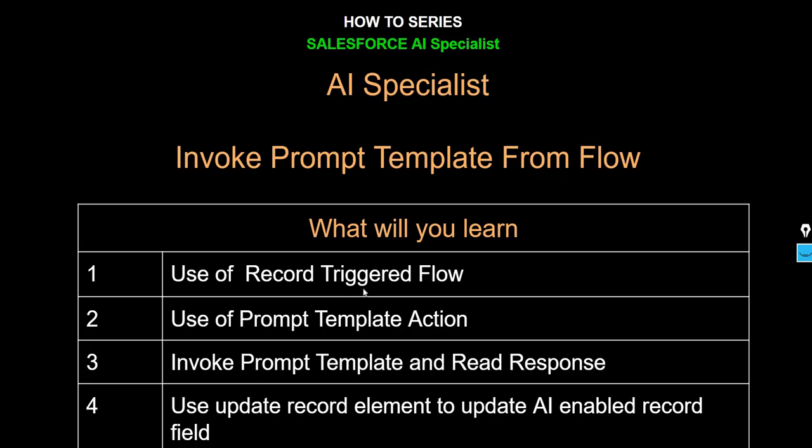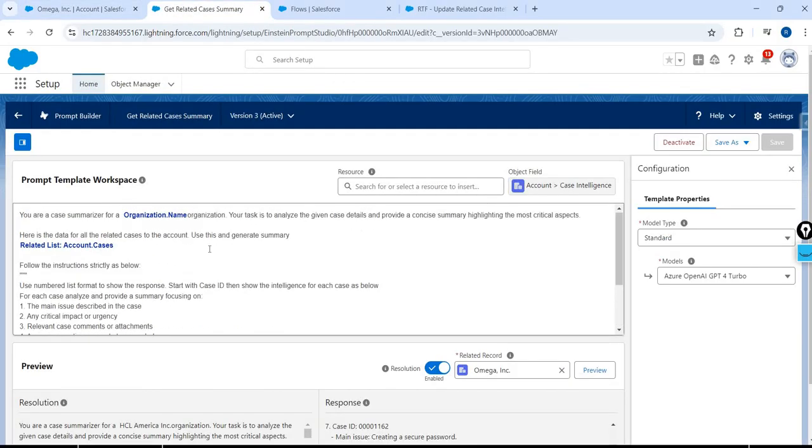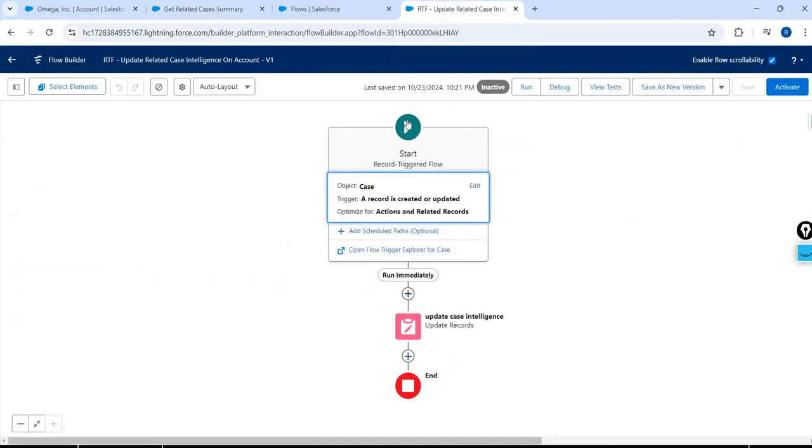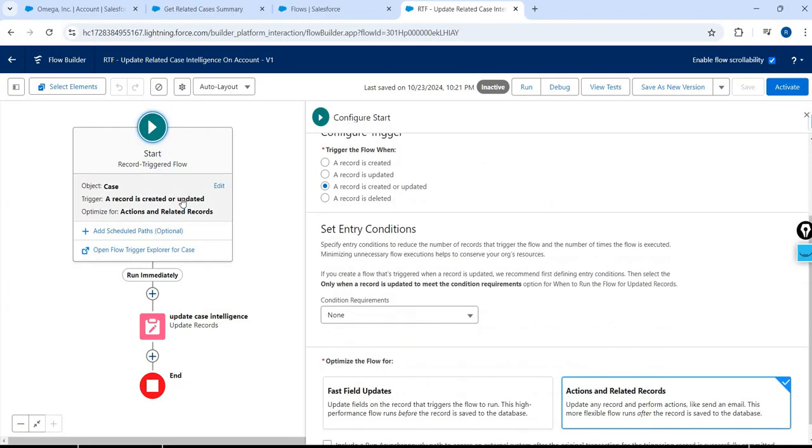All right, so let's go here. This is the prompt template that is creating content for that field. The name of the prompt template is Get Related Cases Summary. I'm going to create a record-triggered flow on the case object. Whenever a record is created or updated, I want this flow to run. Number one. Number two,